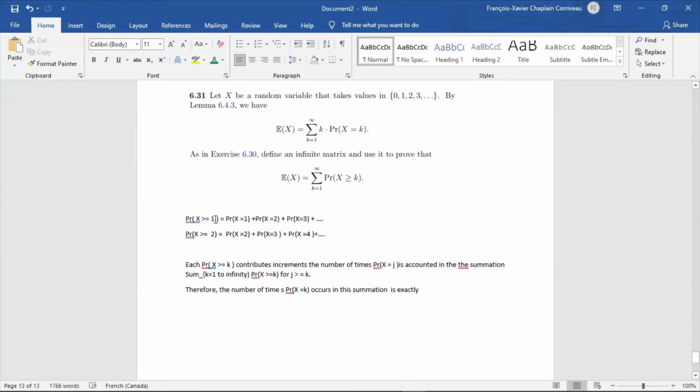So if X is greater or equal to 1, then I have a bunch of cases, right? Now, when I'm showing that these two things are equal, one thing that I can do is count. In this summation, how many times do I have X equal to 1? I have it one time, right? When I put k equal to 1, I get 1 times the probability that X is equal to 1. So I have only one time this probability. The idea of this proof is to show that what I can do is,